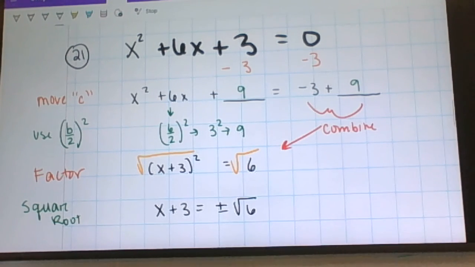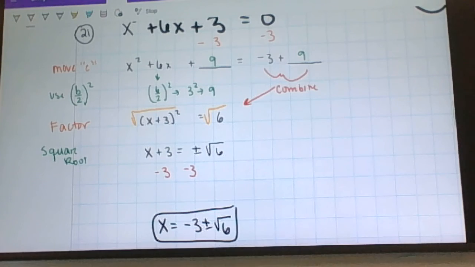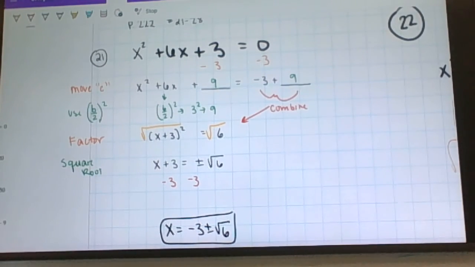Don't forget your plus or minus sign. And your last step, when you move that 3, it just shows up in between the equal sign and the plus or